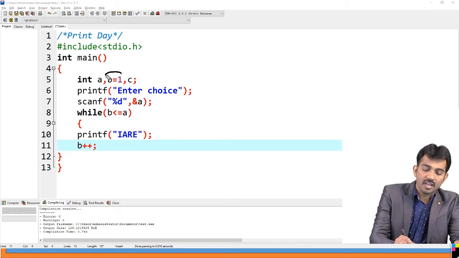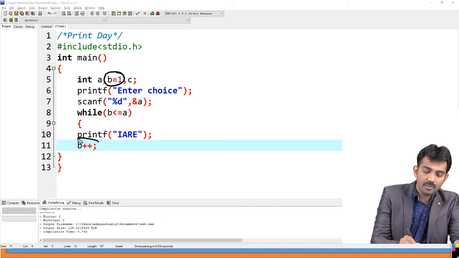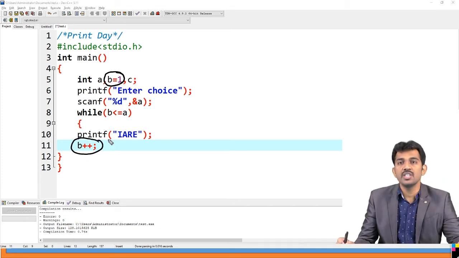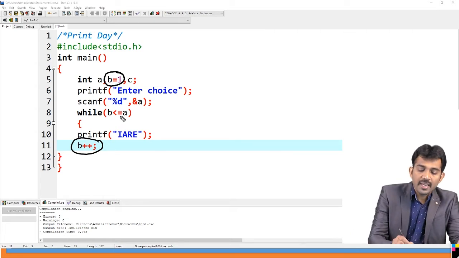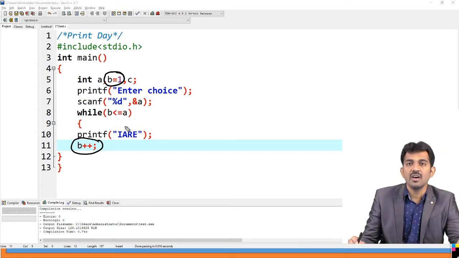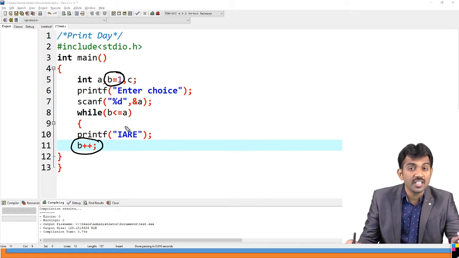What I did here: I initialize the value, and next I increment the value. These two things I did here. Is this clear? The remaining condition I wrote as it is. This is the while loop syntax. In the while loop, you don't have a provision for initialization as well as increment and decrement at the same time. Only the for loop allows that kind of facility.